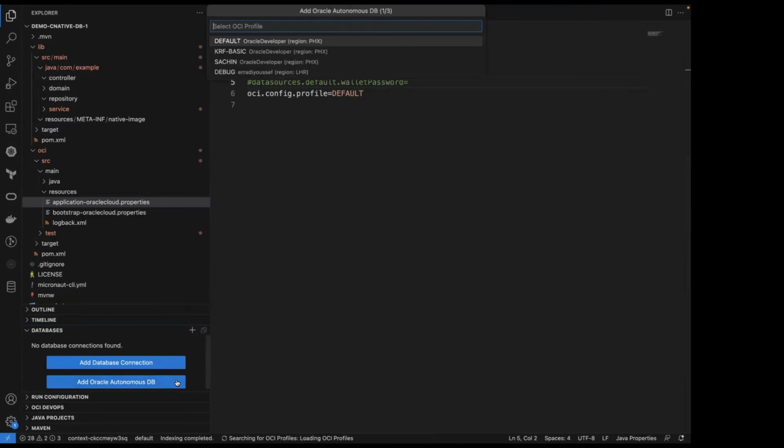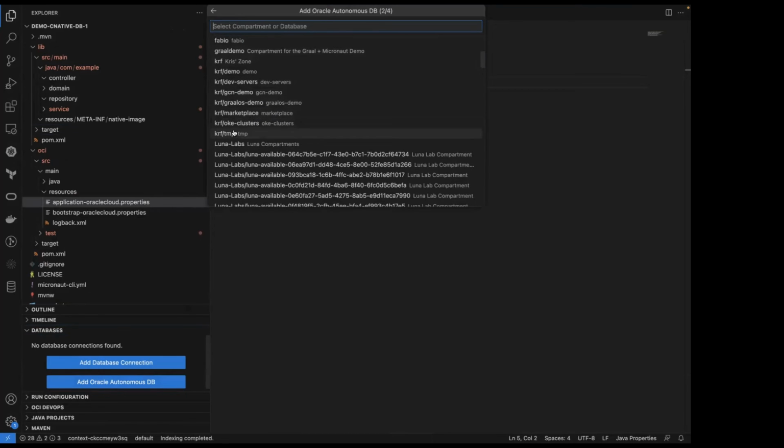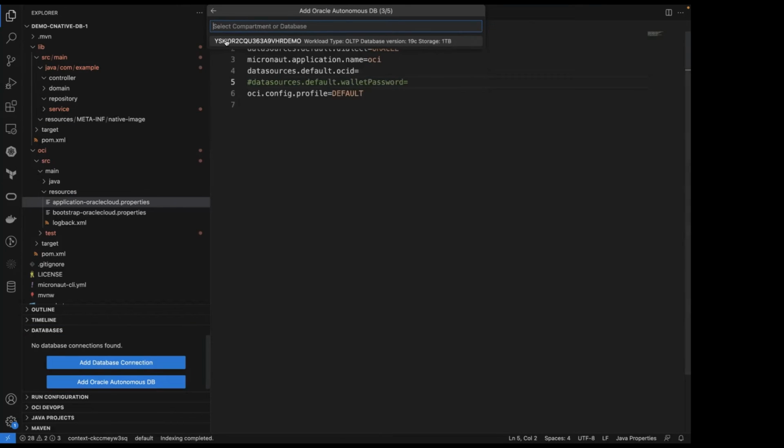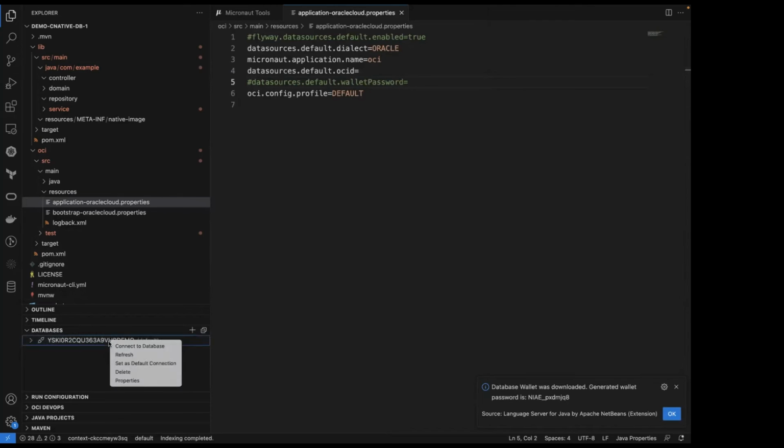And much like we've seen with all of the other screens, it's going to ask us which profile we want to use. So I'm going to use my default profile, and we're going to go and look for a database within a compartment. So I know there's a database in my OKE clusters compartment. And that's the database. So I'm going to tell it who I want it to log on as. Hopefully I will get the password right. Let's hope. And then in this window, we ought to be able to see the database, which we can then connect to.